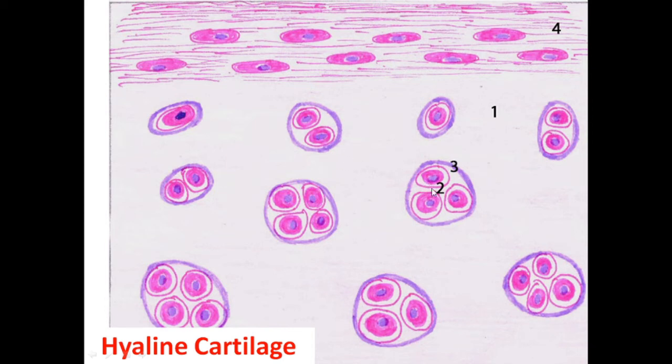And when these cells divide, the daughter cells remain confined to that lacunae, and this group of cells found within the lacunae is called the cell nest, labeled as 2 here. And the remaining part is the homogeneous ground substance, forming the matrix of the hyaline cartilage. Here the collagen fibers present in the ground substance are not seen, because the refractive index of both ground substance and collagen fibers is the same.